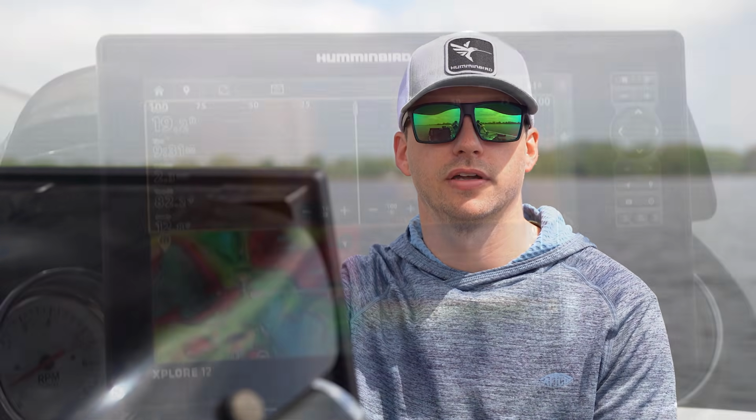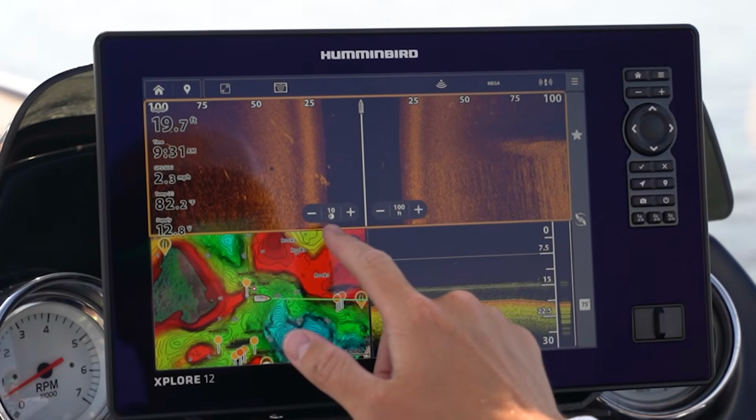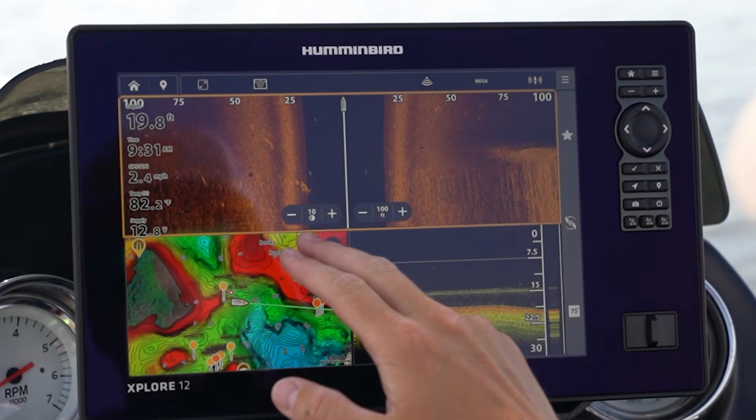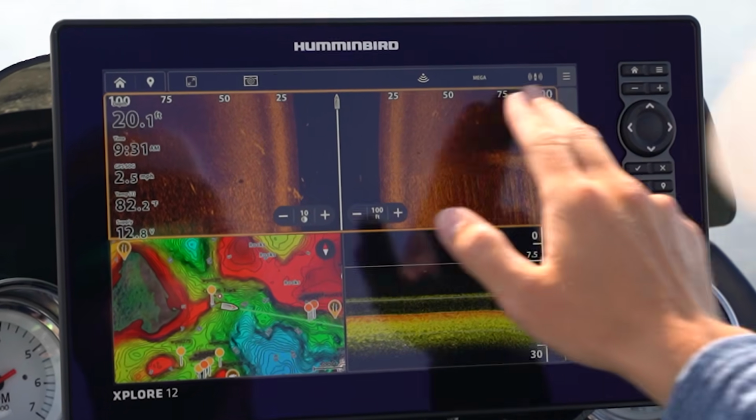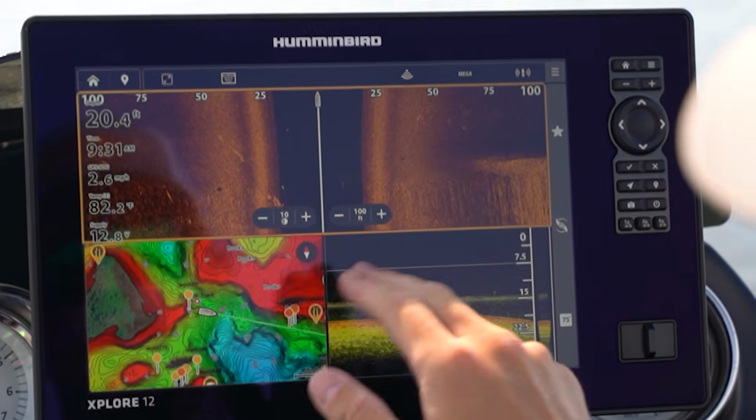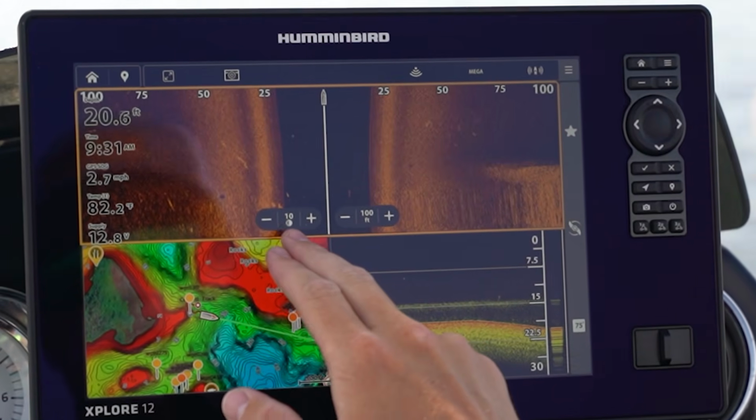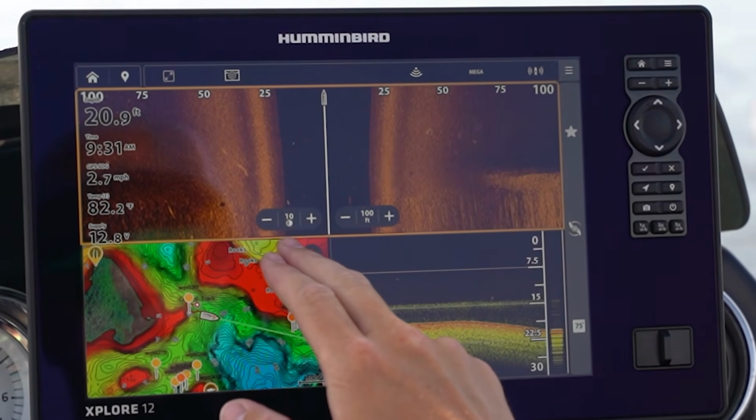In this video, we're going to explain in-pane touch targets on your Humminbird user interface and how it allows you to quickly adjust settings on the fly. All right, so right here are your in-pane settings buttons. Right here you can see our side imaging pane is selected. It's outlined in yellow. So here is a quick way for us to adjust our settings on the fly with